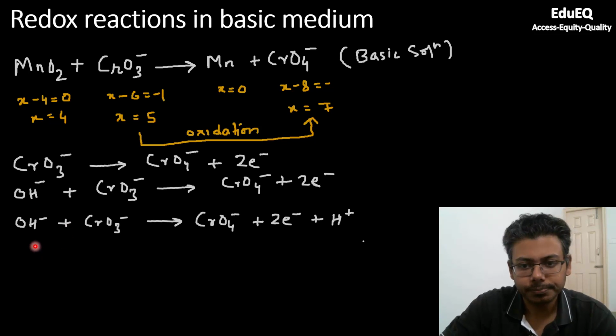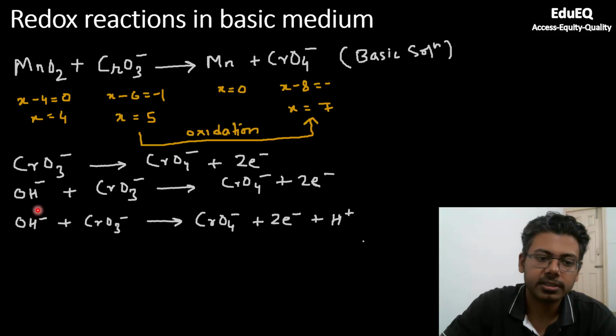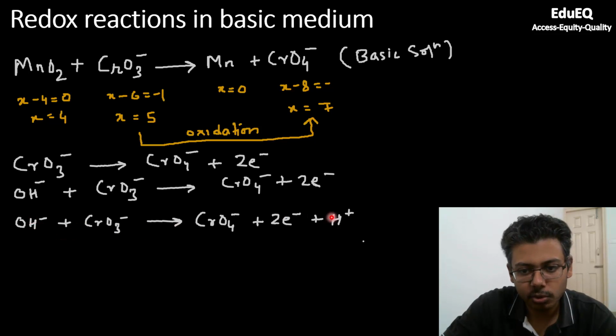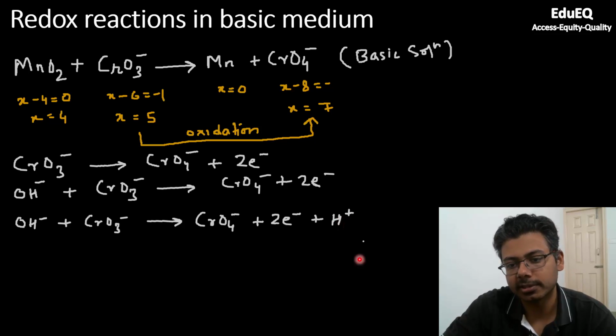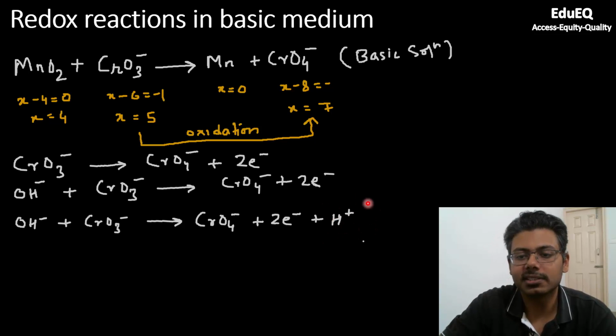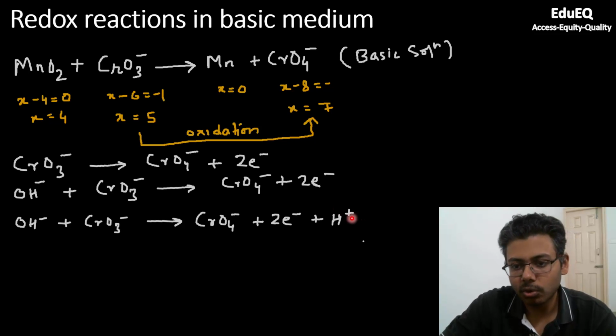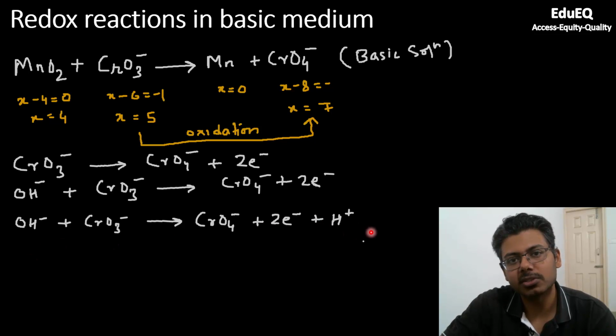Now coming to the balancing of hydrogen. Since you have added 1 hydroxide, you also need to balance the hydrogen that you have added. Here you have 1 hydrogen, here you don't have any, so you add 1 H plus. But since it is a basic solution, H plus will not remain as H plus. It is very difficult for H plus to sustain in the solution because hydroxide ions will be more. So to remove this H plus, you add hydroxide on both sides of the reaction. I will add 1 OH minus on the reactant side, and I will also add one OH minus on the product side.